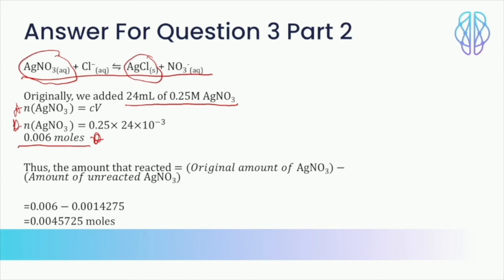Thus, if I subtract both these figures from each other, I get 0.004572725 moles, which is the amount of silver nitrate